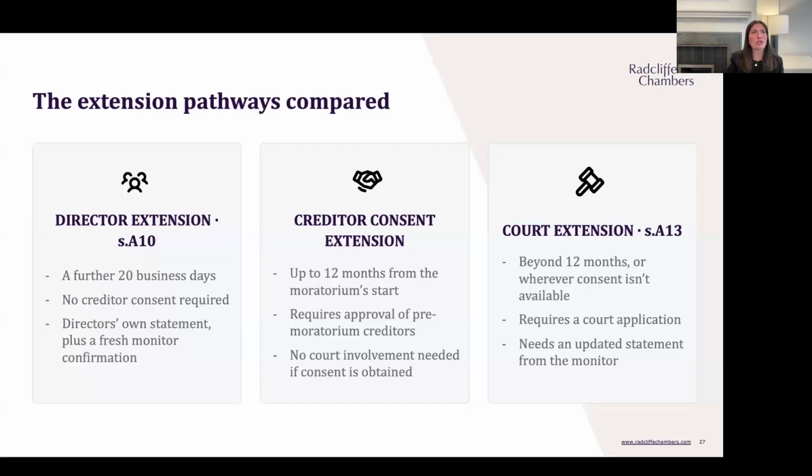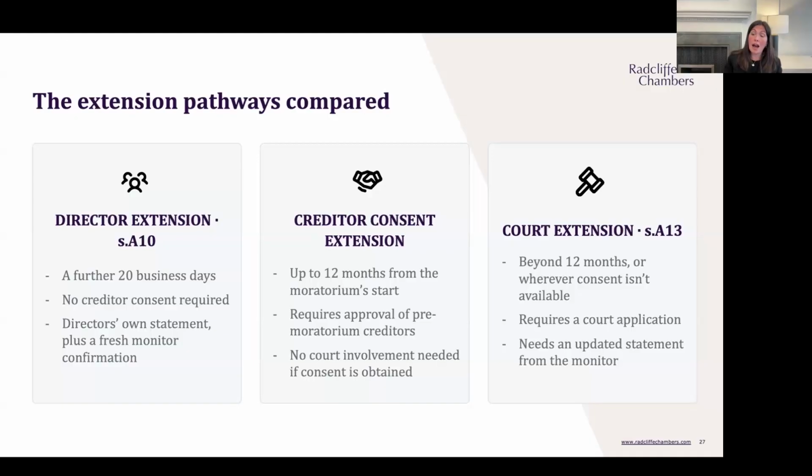I described this to a judge recently as requiring the court to consider their interests, not their views. I think that's right. That's what the legislation says. Obviously, their views will be persuasive in the right case. But if they are just doing it to be awkward, doing it to be difficult, doing it because they don't know what a moratorium is, doing it because they say they don't want to give the company any more time, if the test is met, I don't think, and this hasn't been tested to my knowledge yet,